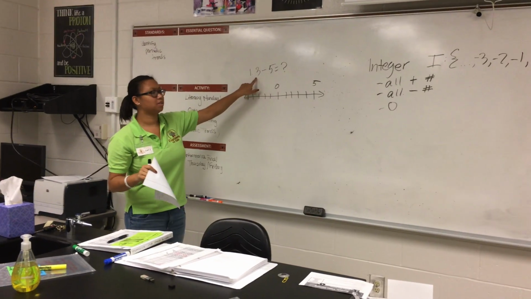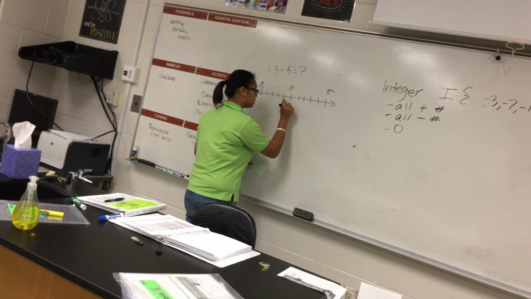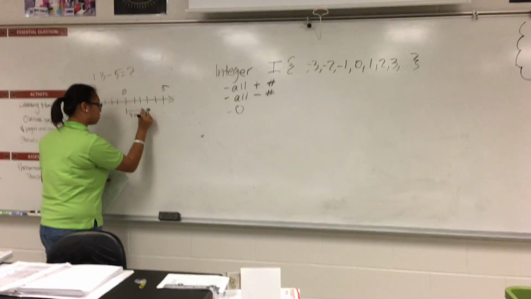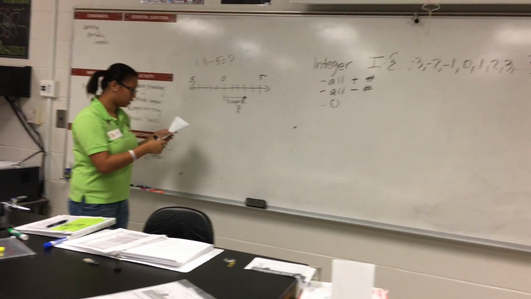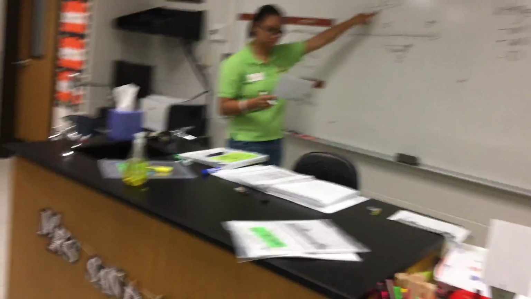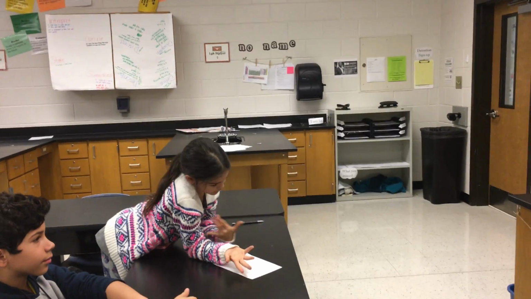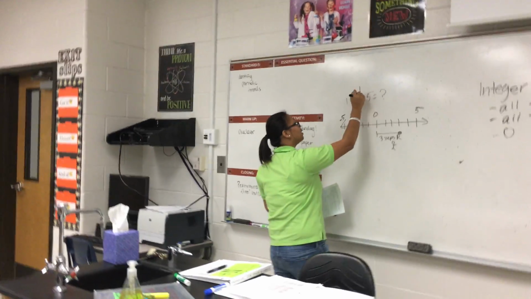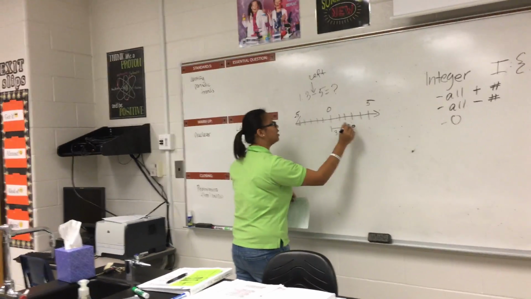So what's the first thing we do? You take 3 steps right. We start at 0, 3 steps right. The little guy's facing that way because he's facing the right. And then you take 5 steps back. In addition it's getting bigger, but now it's getting smaller, so you're going to turn around, because when you see the negative, you're going to go left. You're going to face the left way. You're going to go left how many